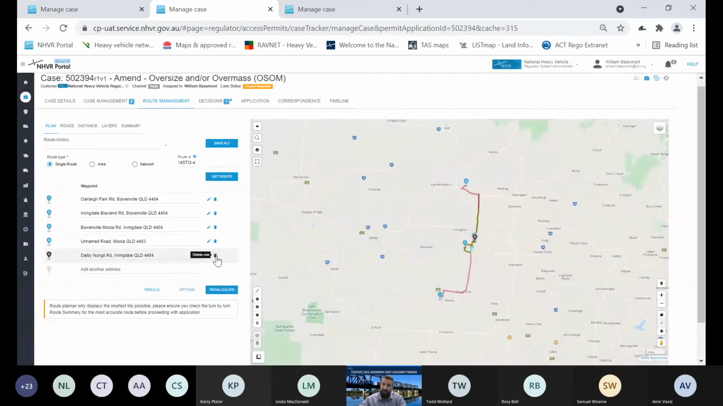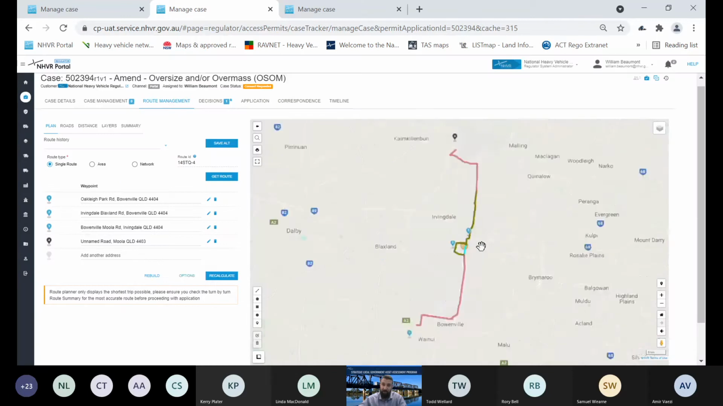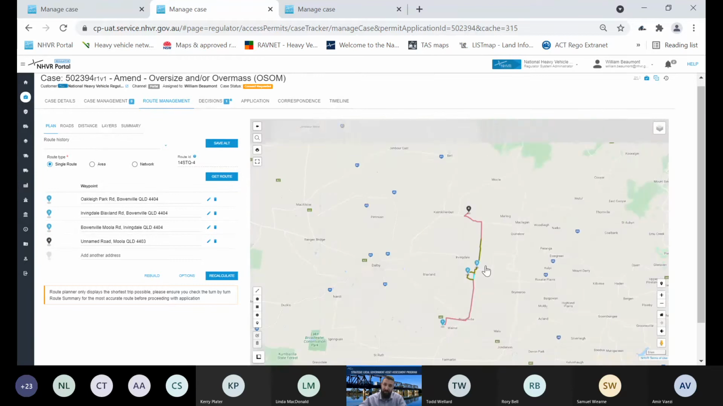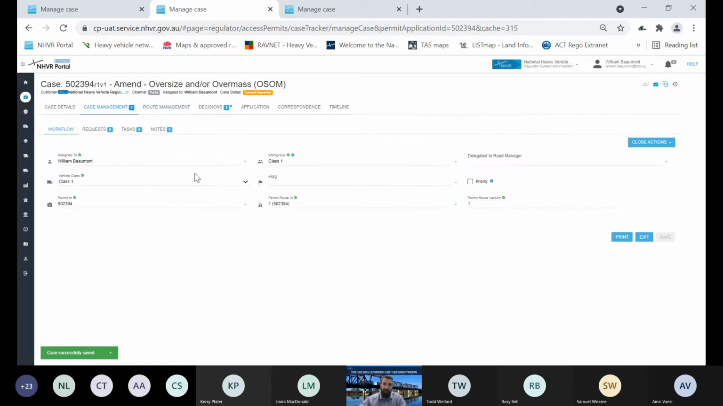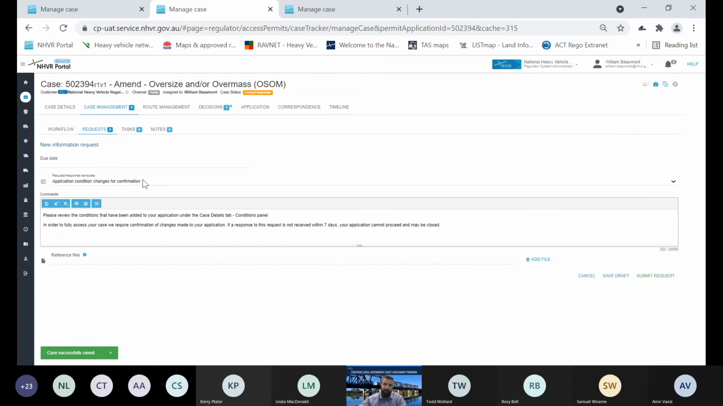You can save this as you go, or you can make all the changes you require and then save. Once you've saved this alternate route and you're happy with that, in the route history, it will come up with an alternate route and a number. So here you can see we've saved it as an alternate route, and we would go to the case management tab, to the requests, and send an information request, alternate route proposal for confirmation,